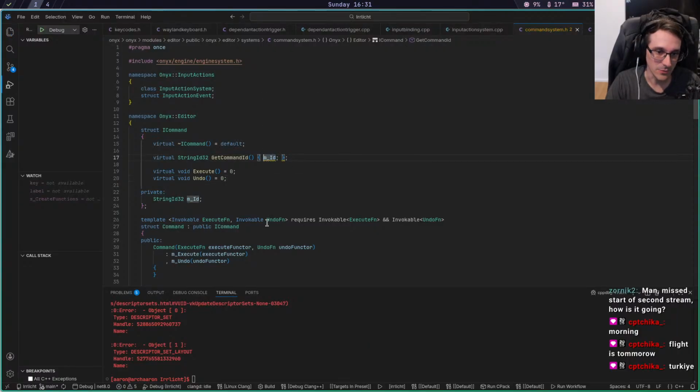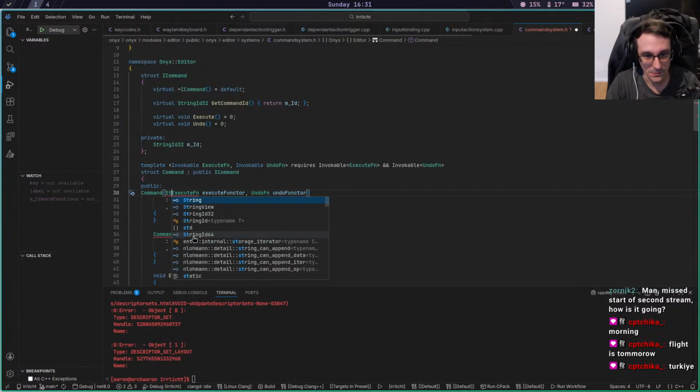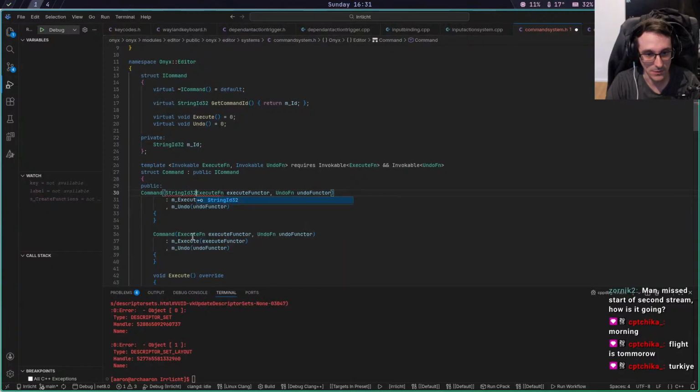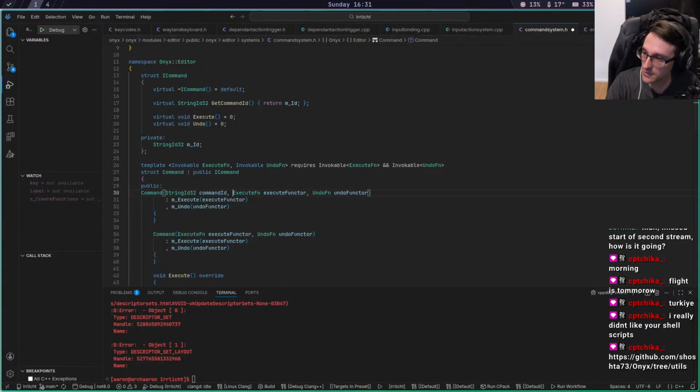Because basically that would be what I would want to use for string ID 32 command ID. That's what I would want to use for